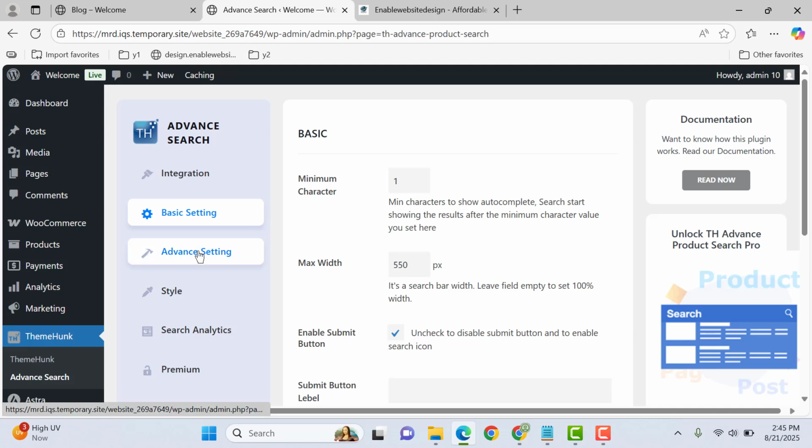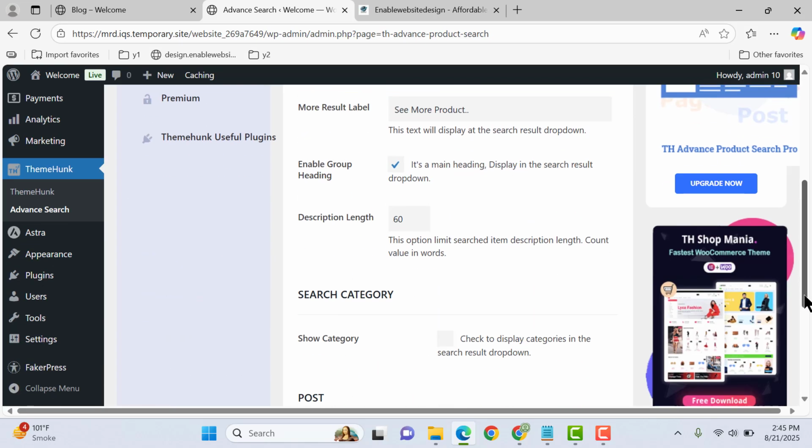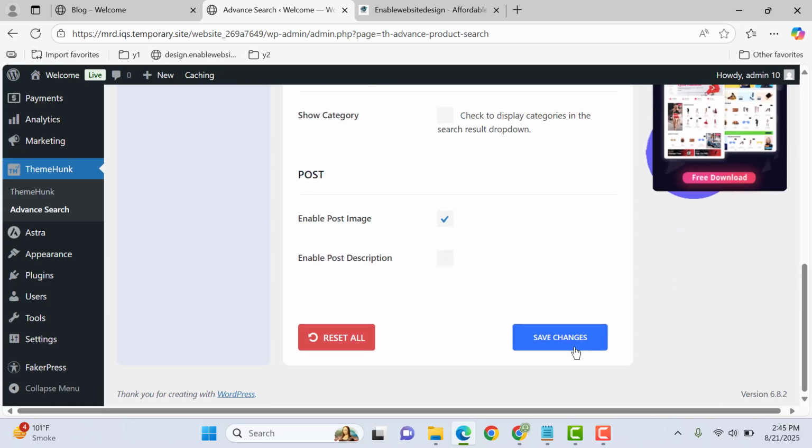So basic setting, advanced setting. Now you need to select the post type. So let me select this one, post. Then scroll down and click on save changes. Okay,